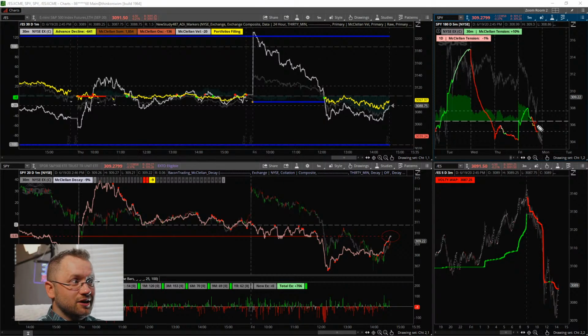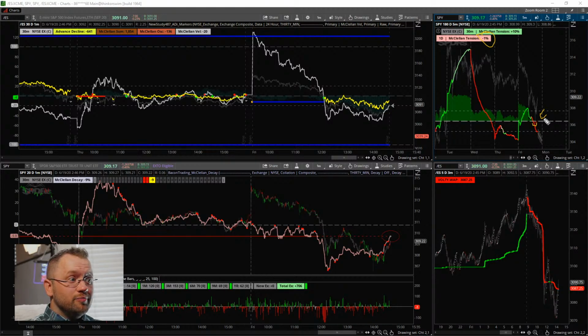So, I mean, you can see it was under. And now we're getting a zero test from below. Are the bears going to pick this up? Are the bears going to defend? Are the bears going to defend this daily tension right now? We have bulls who did show up this morning but got folded over. It wasn't great, but they were here. They got folded over. X that out.